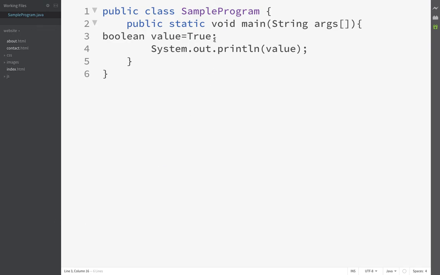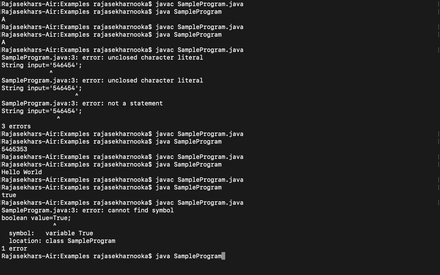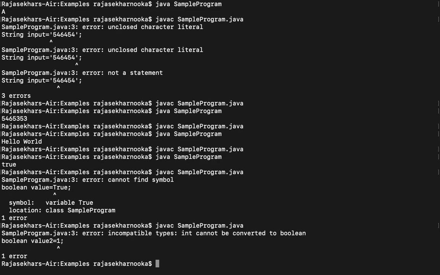Next, one more example. boolean value 2 equal to 1. It displays a compilation error. It will give a compilation error because it doesn't accept numbers, only true or false.